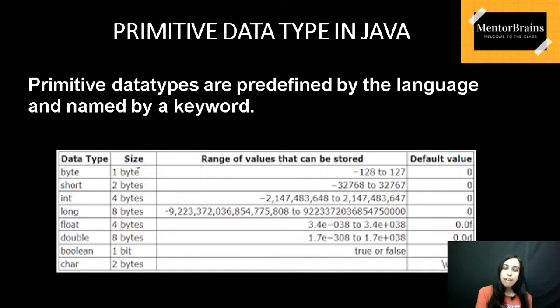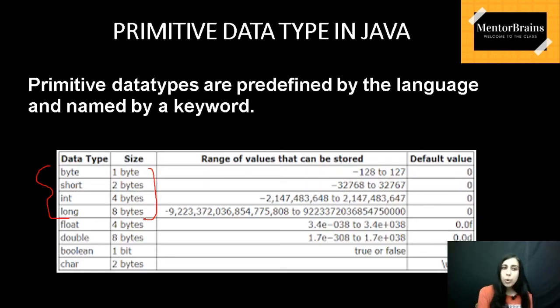Now short, as you can see, the size of short is 2 bytes, and it has a range of -32768 to 32767. Then integer is 4 bytes, again it has a larger range of values that can be stored. Long is 8 bytes and it has a larger range of values even than integer. So you see, in integer data types, there are these 4 available, and they have different sizes of memory. That's why they are different. If you know that the data you are going to put in the variable has a great value, a large value, then you can directly choose long for that.